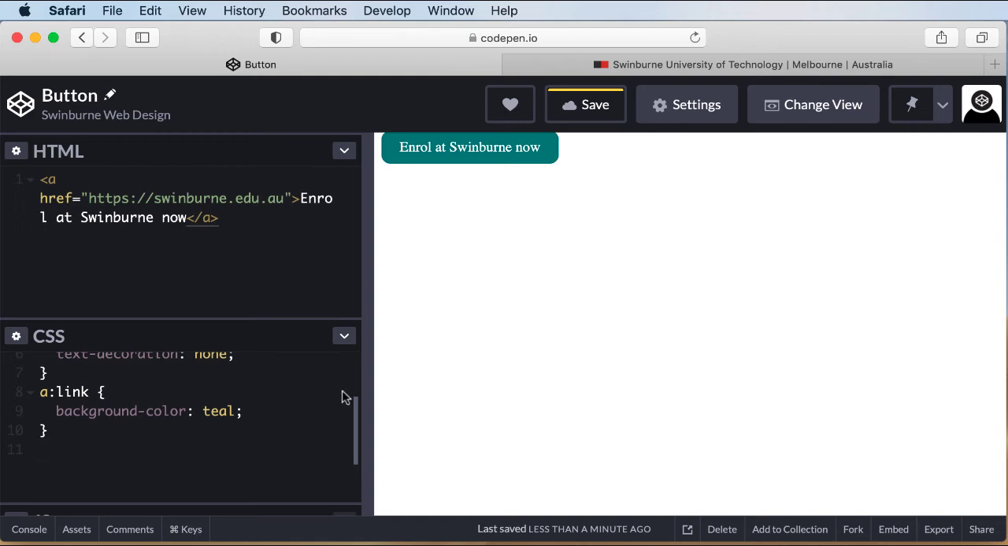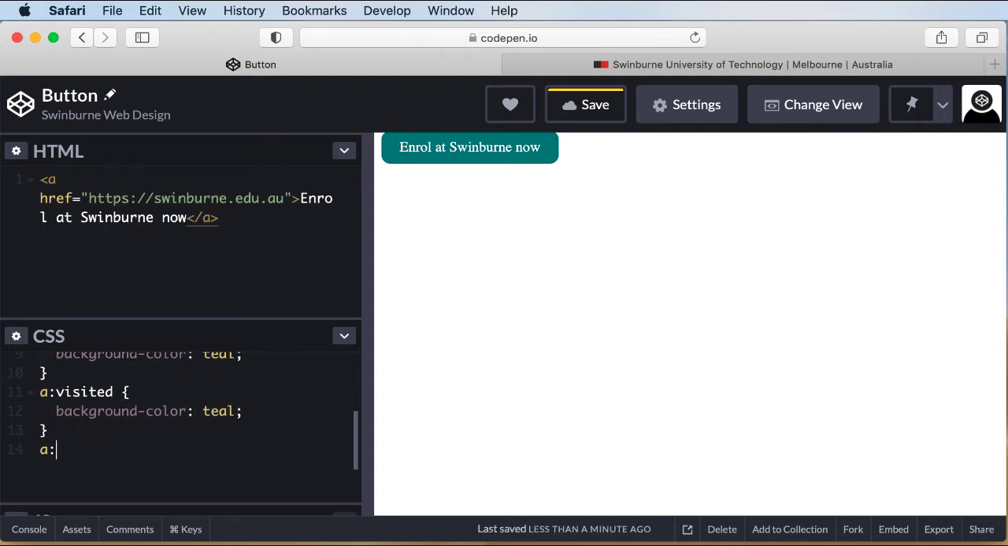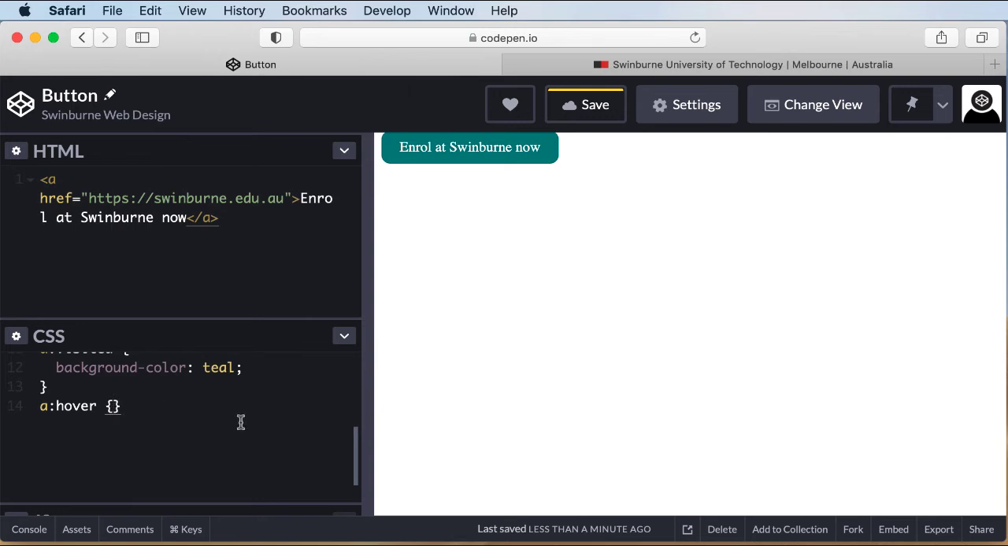So now I'm going to say a visited. Let's actually do sort of a dark grey or something like that. I don't actually, you know what? I don't think you need to change the colour for visited. You don't usually do that with a button, so I'm going to keep that as teal. A hover, because remember we've got to do this in the specific order. Link, visited, hover. So we're going to change that one to, I think deep pink will be nice and dramatic. So a hover,